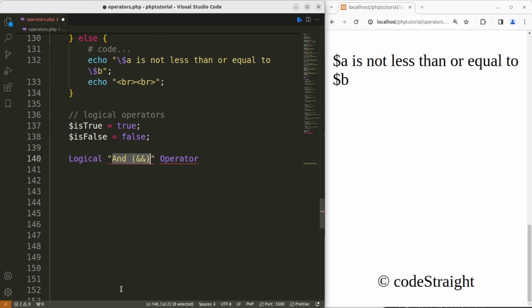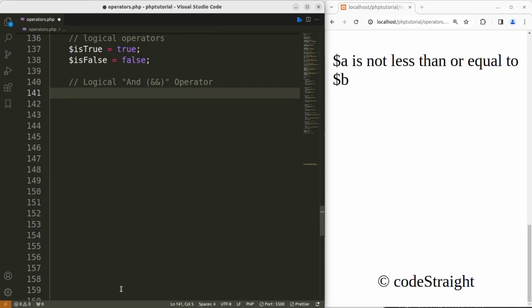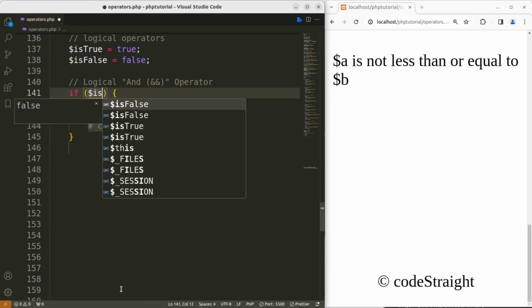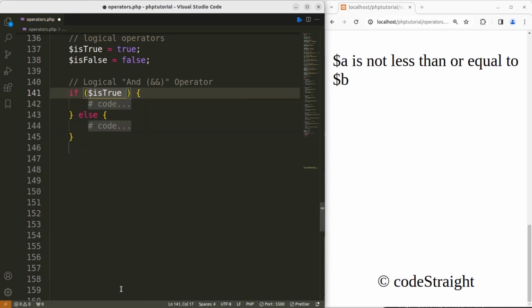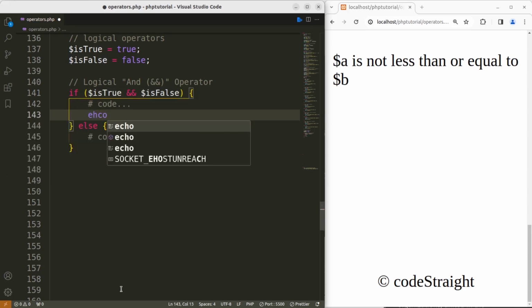Let me code that as well. Let's comment that out. So this is the first logical operator that we are going to discuss. Let me scroll all the way up and add an if else statement, and the condition can be, say, $is_true and $is_false. So if both the conditions are true, then we are going to echo within quotes,